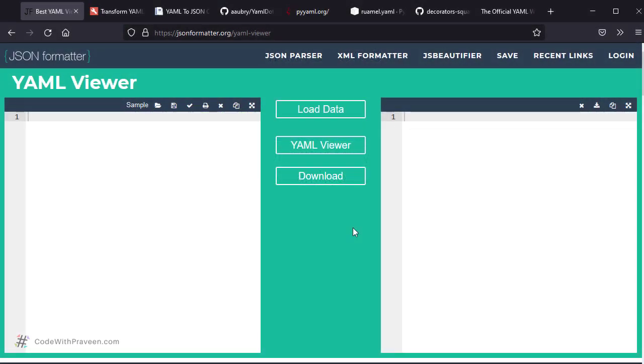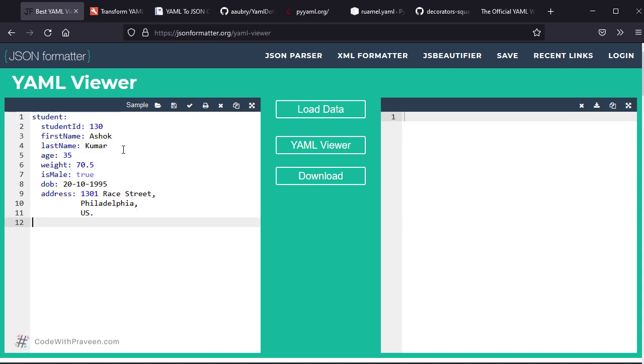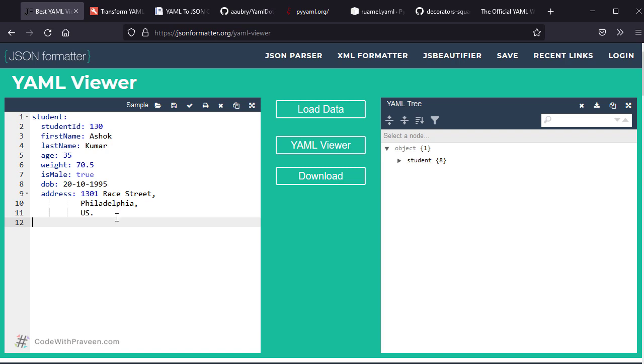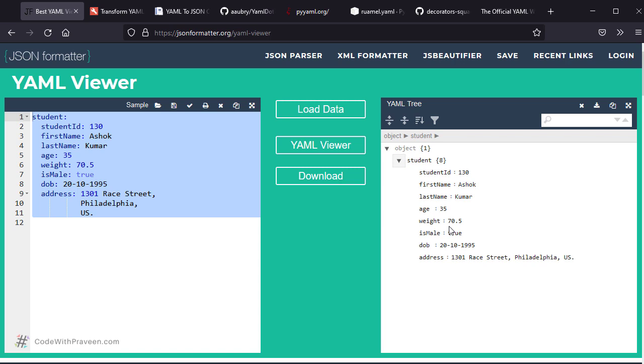Let us now quickly go through these tools to see how they look. First is the set of online tools that is related to the conversions. Here you can see the tool, namely YAML Viewer, which as the name tells is used to view the YAML language structure. For example, if I copy a sample value, this is a sample YAML structure, then you can see it in a more detailed manner.